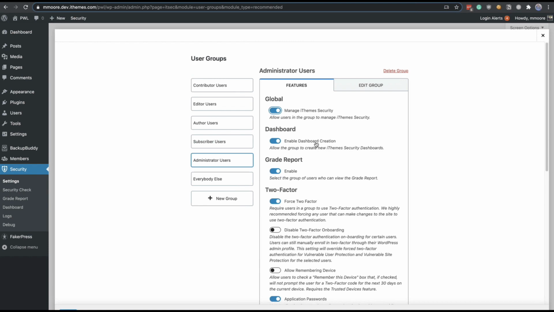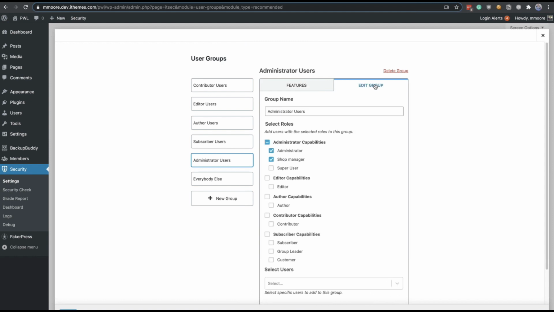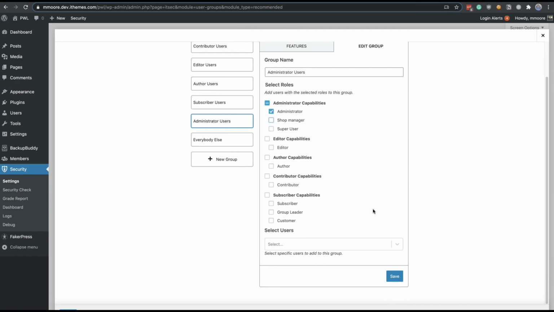And so let's talk about how we mentioned earlier that we may want the shop manager to be in a separate user group than the administrator user. So let's do that real quick. Let's create a new user group for the shop manager, because again, they have similar capabilities, and we're going to want a lot of those strong security features to be the same, but we may not want them messing with the security settings. So we're going to save that, and that's going to remove the shop manager from the administrator